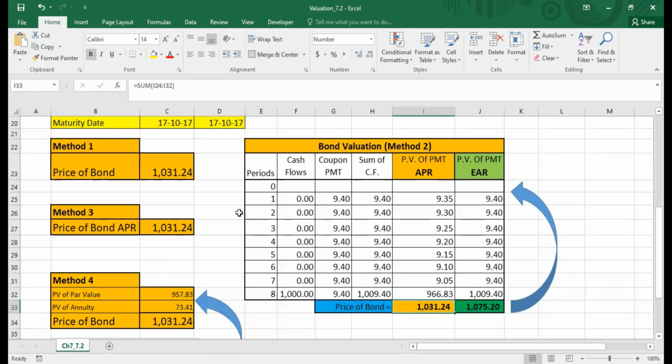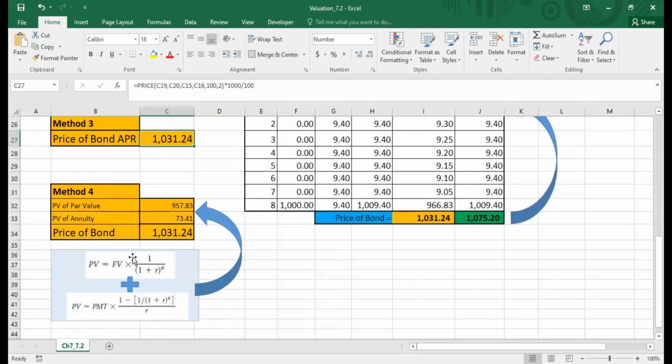You can see the same values. And how can we calculate the price of the bond using the price function using the Analysis ToolPak? And after that, the calculation of the price of the same bond using the present value formula of an annuity and the present value formula of a lump sum payment.